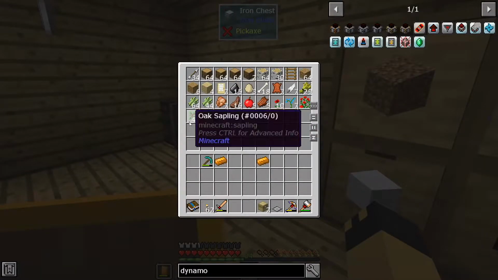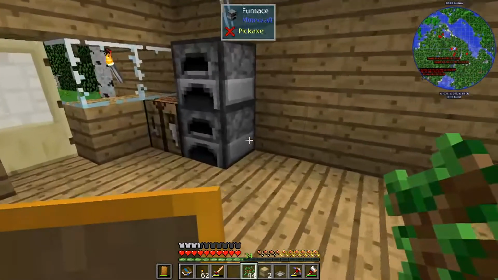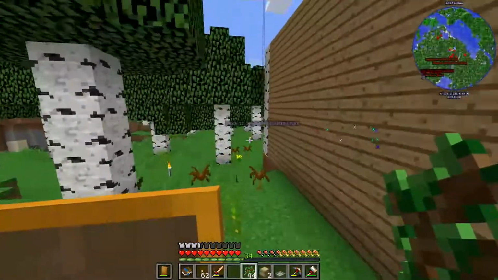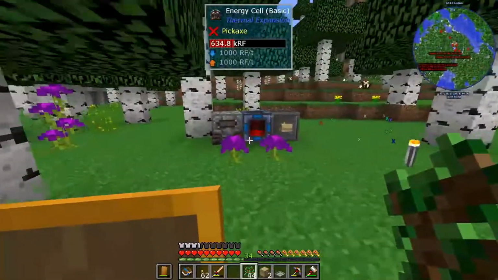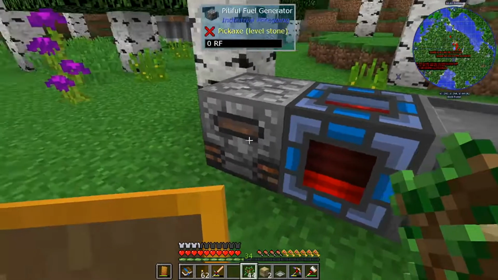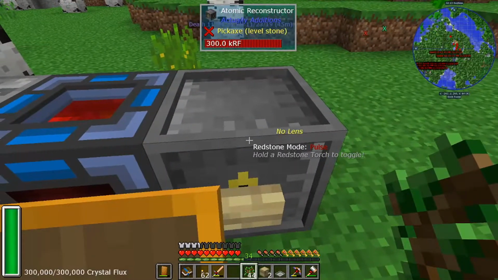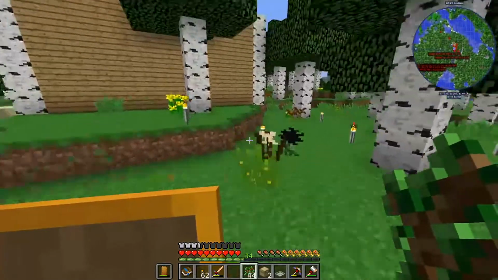So what I wanted to do is have a tree farm going, something small. And also I want to expand back out here with trees, because every 30 seconds it produces, using these sticks, 5 RF, which goes and fills this up. This is always filled, but it's something that really doesn't make sense to be automated. So